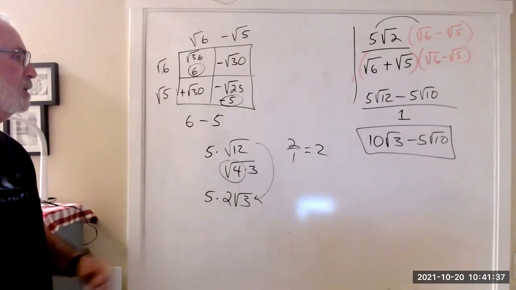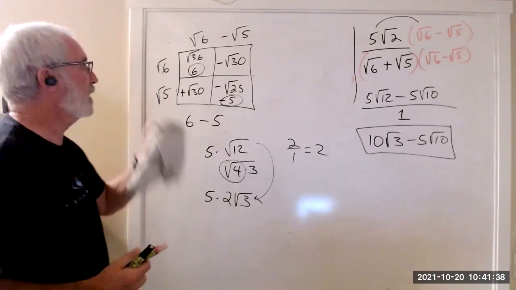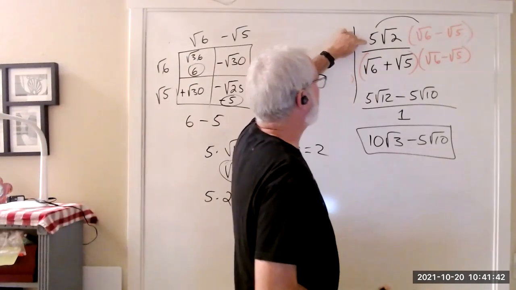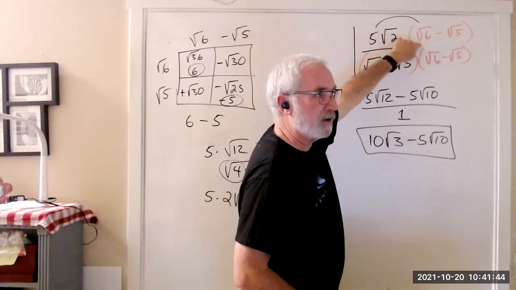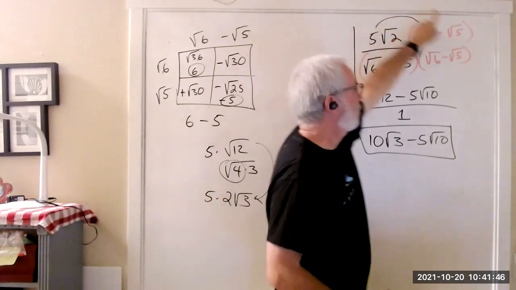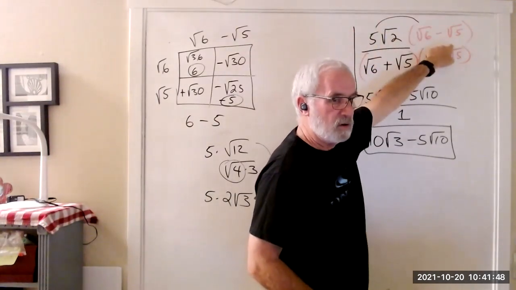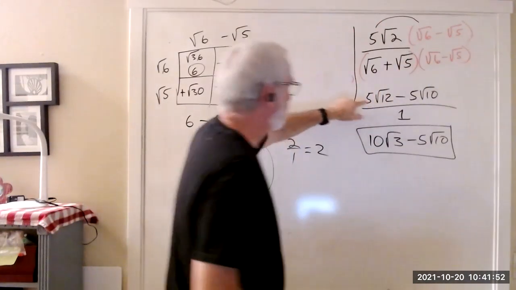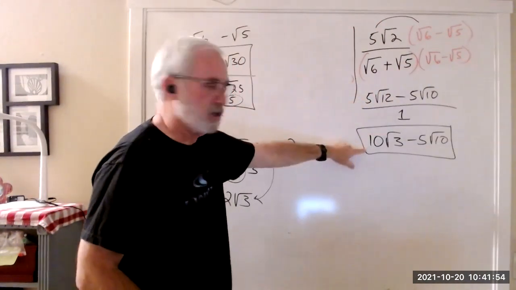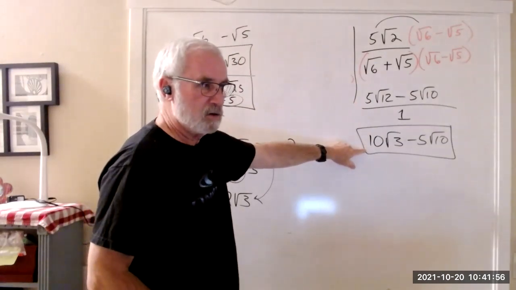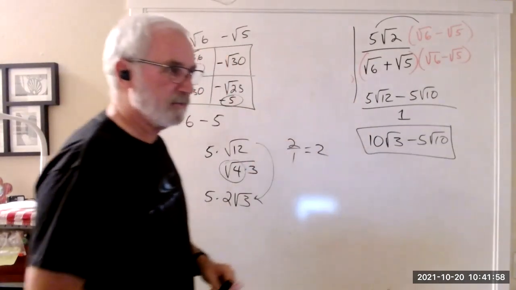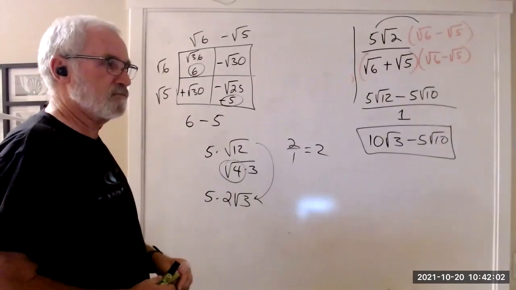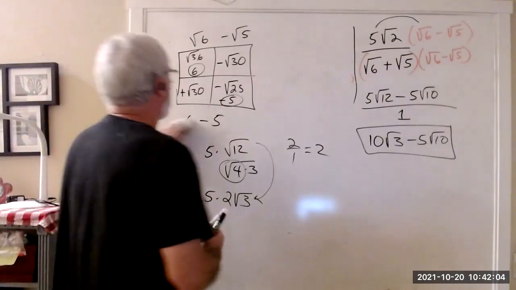Okay. All right. Anything I can do about how, are you guys okay with how I distributed 5 radical 2 times radical 6 and 5 radical 2 times radical 5? You okay with that? Are you okay with how I simplified 5 radical 12 into 10 radical 3? Any questions at all on that? Okay, then